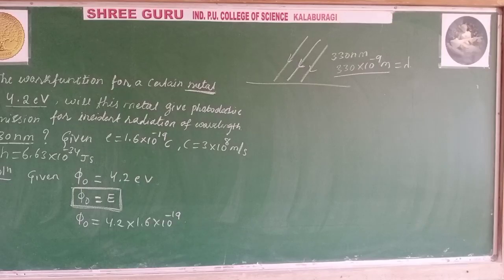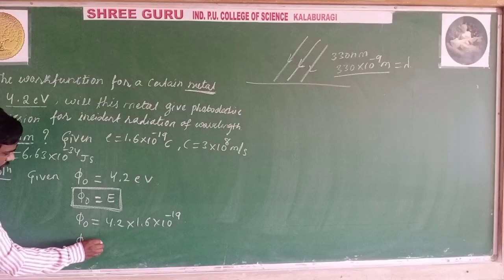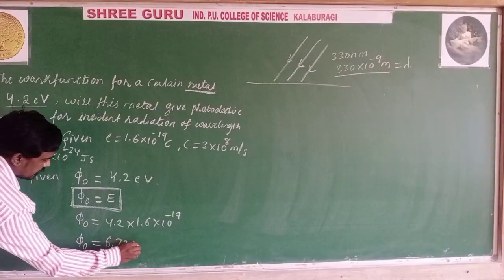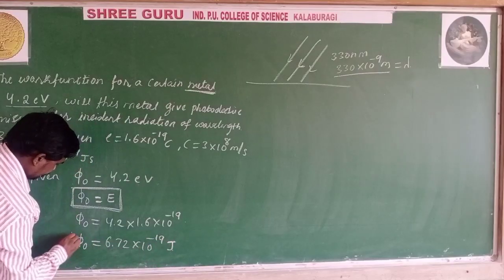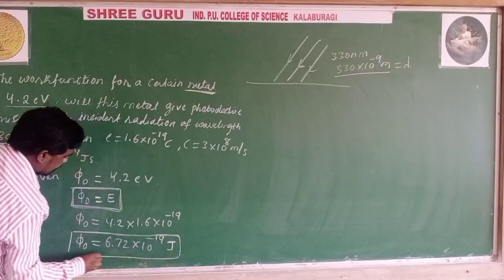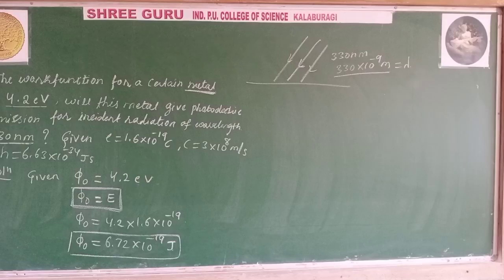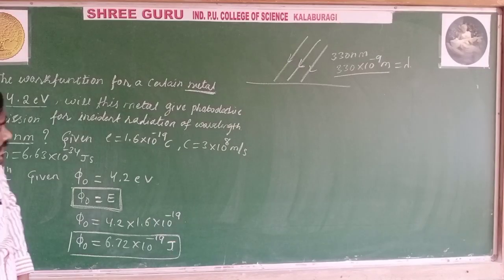What is the final answer? That is 6.72 into 10 raised to minus 19 joule. You can calculate it yourself by multiplying 4.2 into 1.6, that is 6.72 into 10 raised to minus 19 joule. Now we know the relation